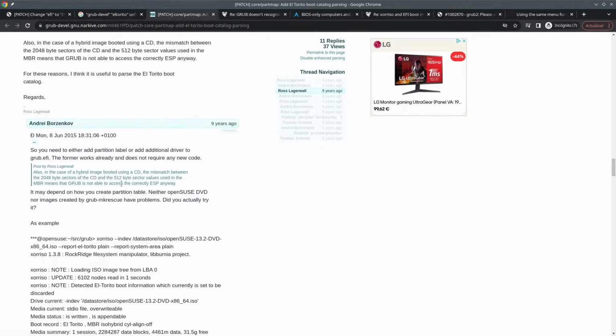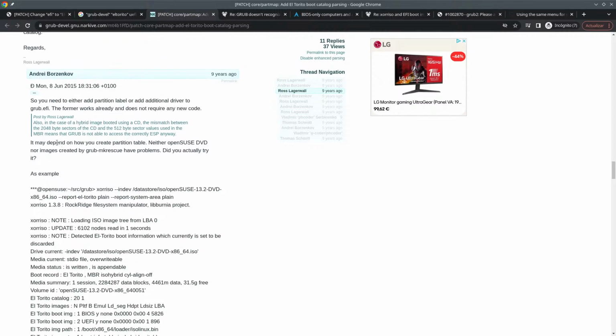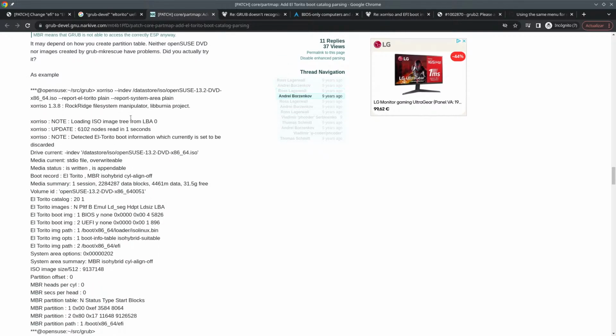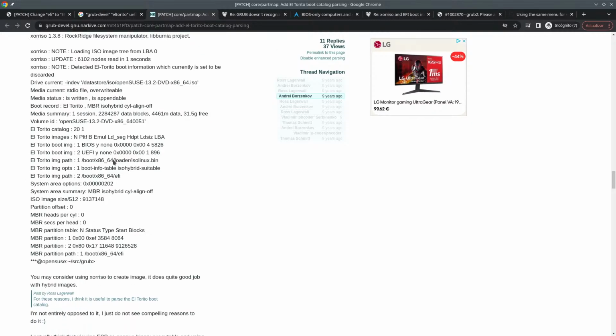It's useful to parse El Torito. It might depend on how you create the partition table. Neither the openSUSE DVD nor images created by it have problems. Did you actually try it? And this is how